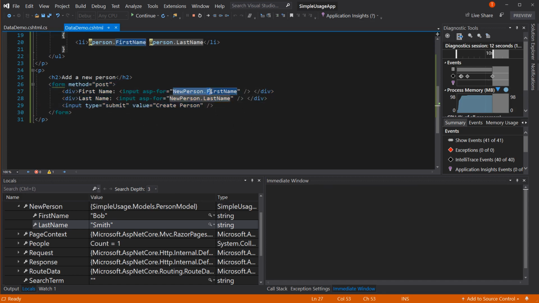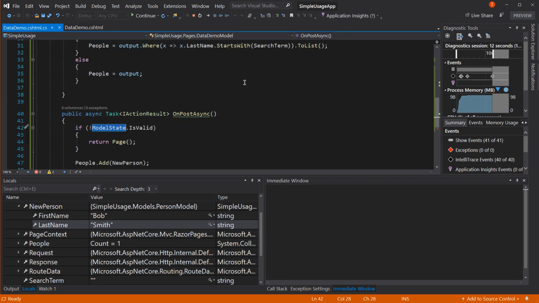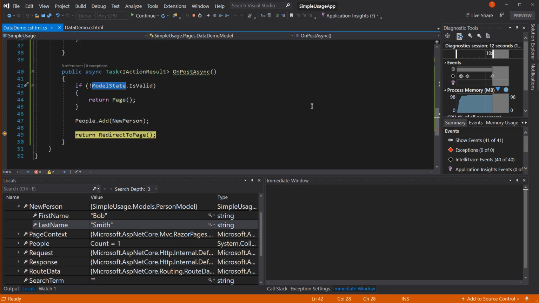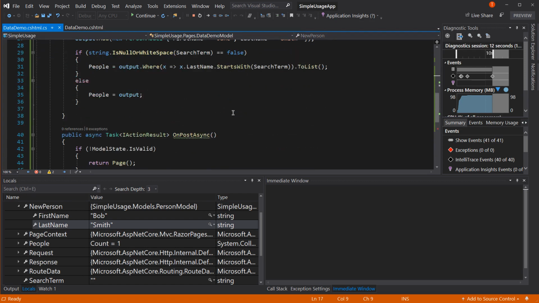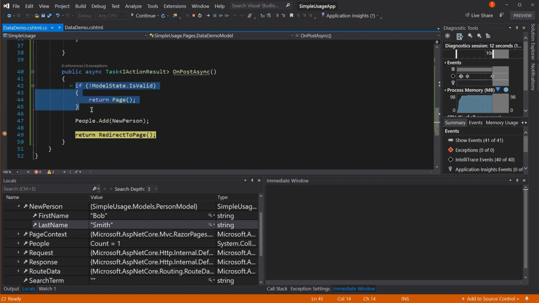And what we changed is NewPerson.FirstName and NewPerson.LastName. So that's what it checked. So this is a pretty intelligent system. We're not sending any information in on PostAsync because it's already here. It's already bound. So all we're doing is checking it and then doing something with it